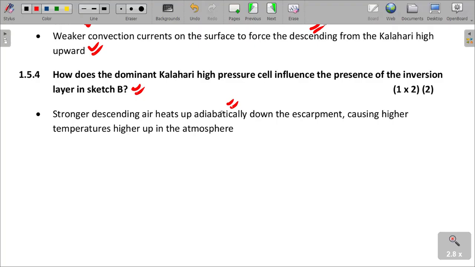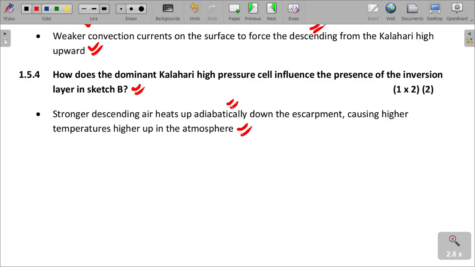As it goes down, it increases the temperature by 1 degree for every 100 meters of fall. So as it falls from the escarpment, temperature increases by 1 degree Celsius per every 100 meters fall, causing higher temperatures higher up in the atmosphere, as you can see. So we are saying the dominance of the Kalahari high pressure cell influences the presence of the inversion because the stronger descending